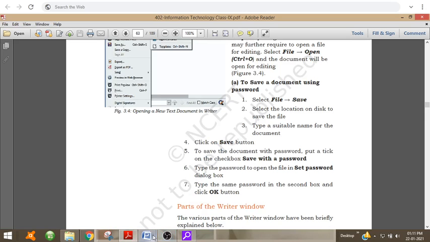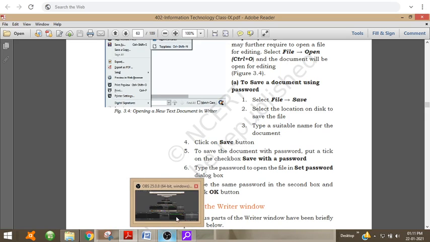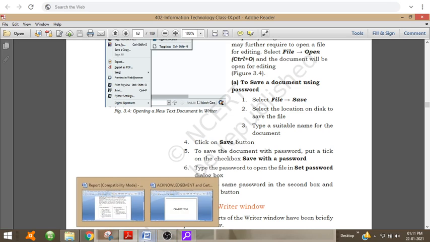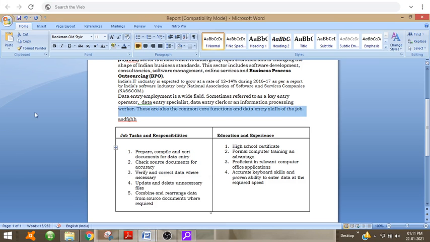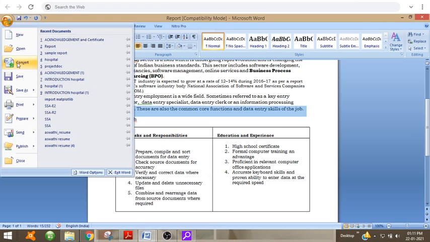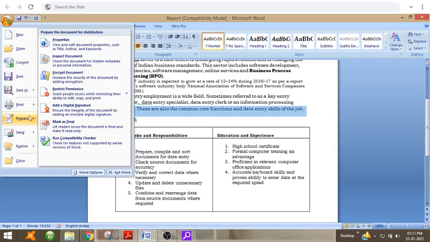I'll show you in Microsoft Word how you can give a password. First open the document you want to give a password. Go to open and open the document, then click on the prepare button.